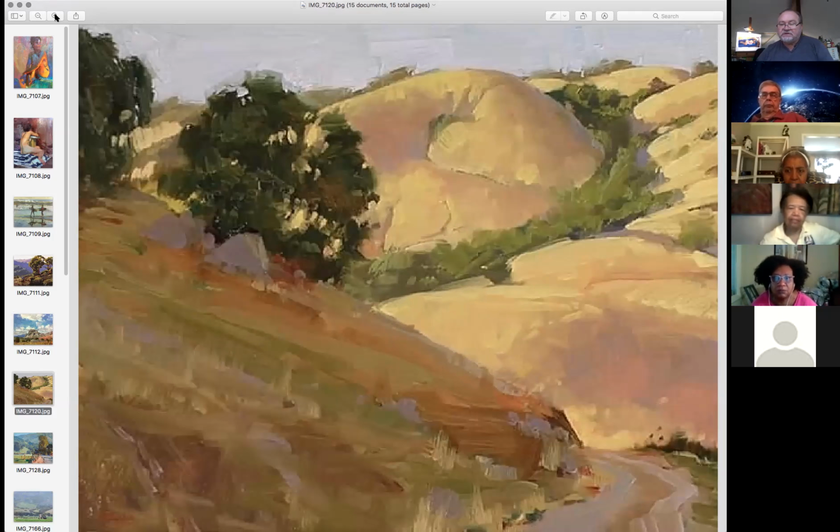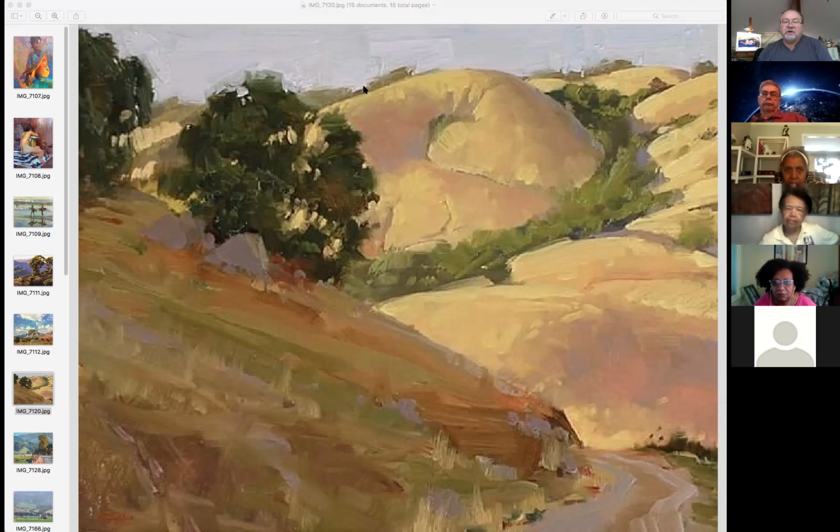And again, this looks like a plein air painting that was done on site, rather immediate and fairly small. But look at the use of value and his shapes and his composition. And if you look at this very carefully,